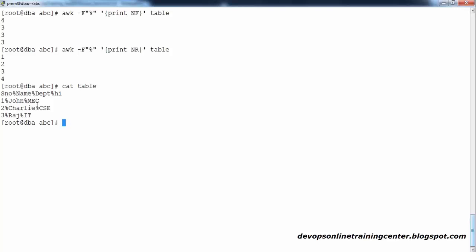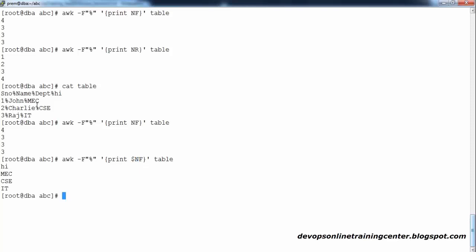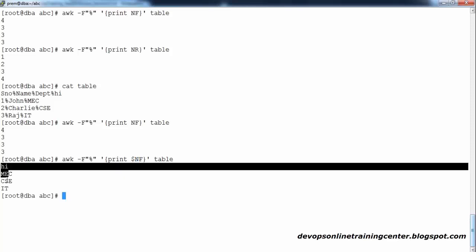So if you want that kind of data, the last column can be the fourth field, third field, or second field, it doesn't matter. If you want to print the last column of a file, you know NF, right? It's pretty simple. In front of NF you put a dollar, $NF. What do you mean by $4? Fourth column. $3, third column. So you can see that like this, right?